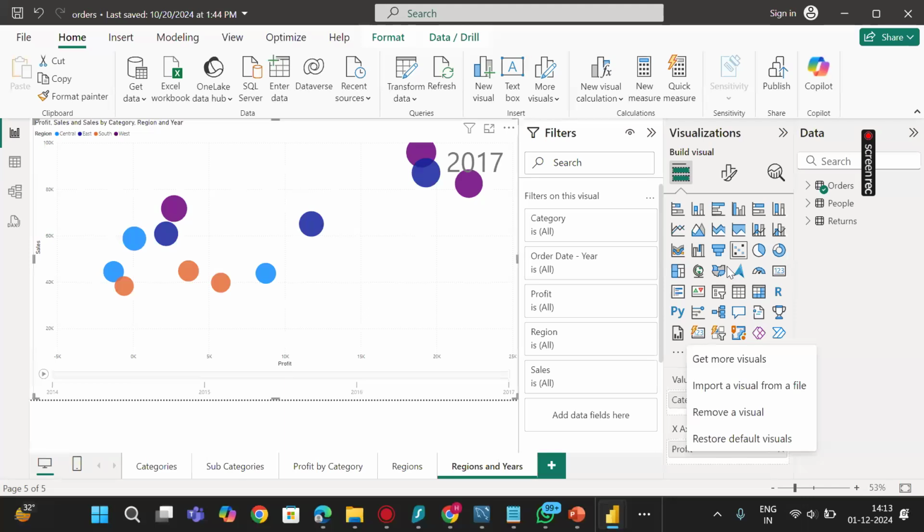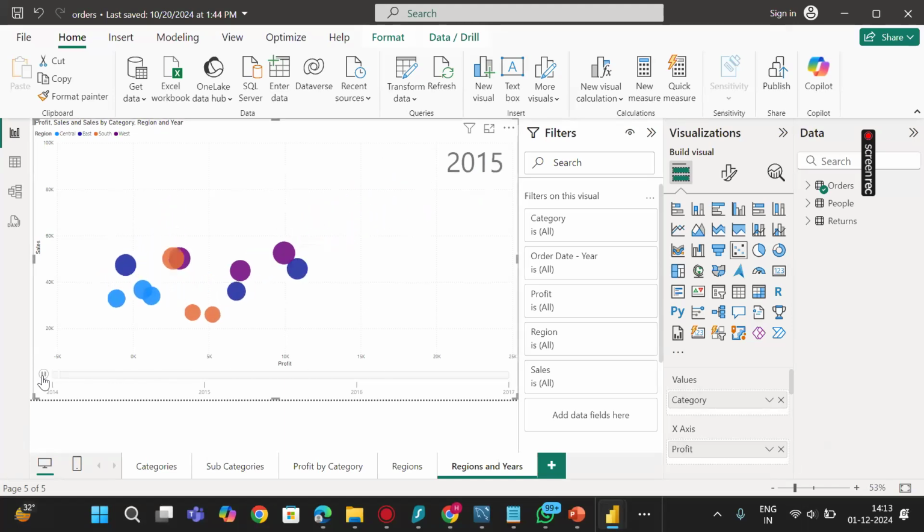But these charts and graphs which are showing in this window are very much sufficient for me to make a very good report. But I want to show you here the benefit of scatter plot. So it gives me a pause and play button. If I click on the play button, it starts showing me the sales of products in different